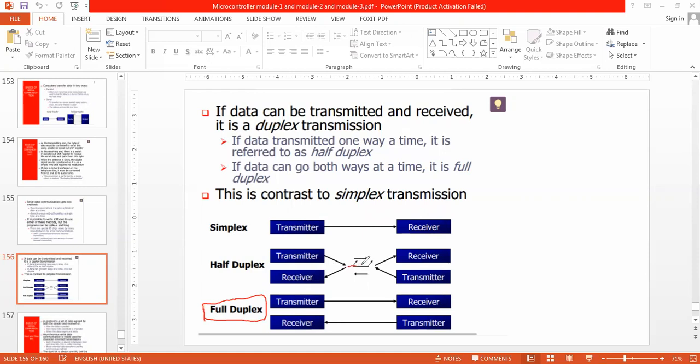As it is a single communication channel, my speech and your speech will collide with each other. So we can say that it is a half duplex communication. First I have to send the data, that means I have to ask the question, then you will receive it, and then you will reply to that question. So here it is received, here it is transmitted.